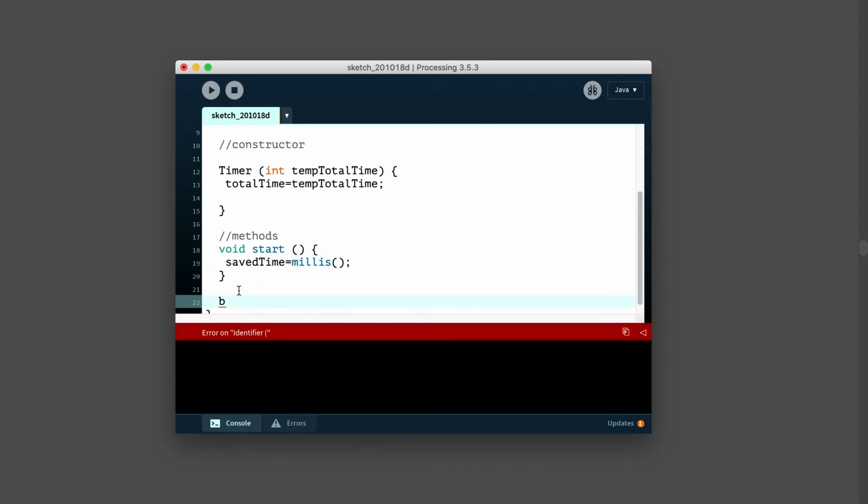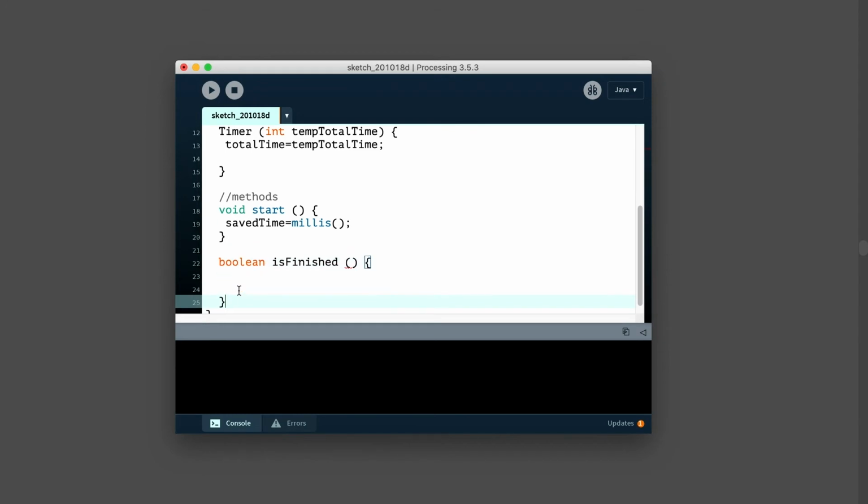And then we'll write our own function that's a Boolean. We'll just write it this way: isFinished. When is this finished? So this is an example that's taken from Learning Processing. Again, just to show you one way of doing it. And again, this is taking a little bit of time, but it does reinforce a lot of the concepts that we learned.